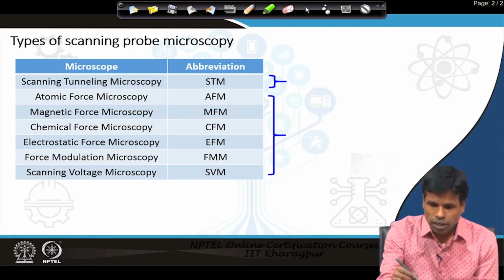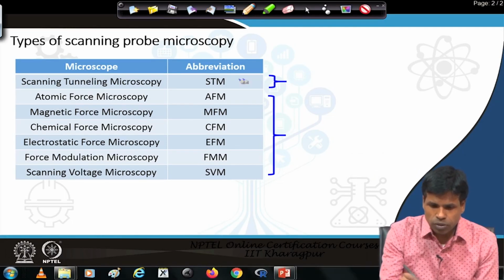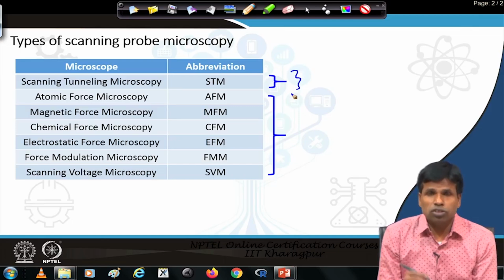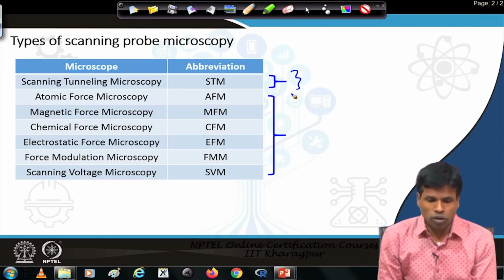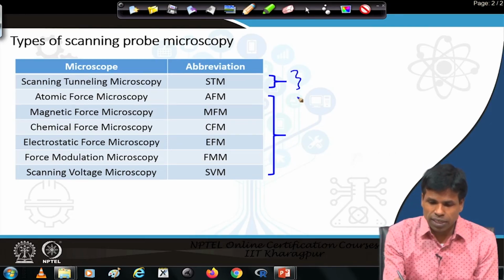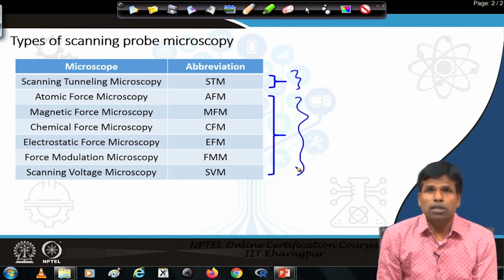In one case, we say scanning tunneling microscopy. The rest of the microscopic techniques mostly have the word force incorporated. So, in all other categories, we measure a certain type of force and utilize that force to create the surface image. That is why we say